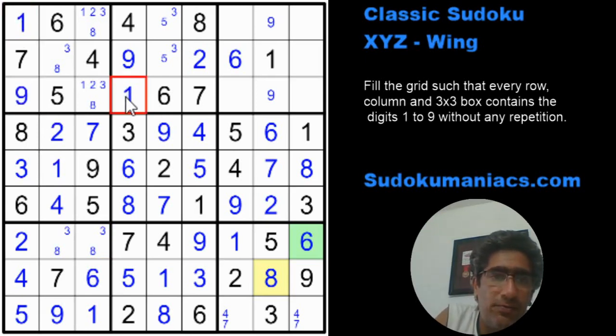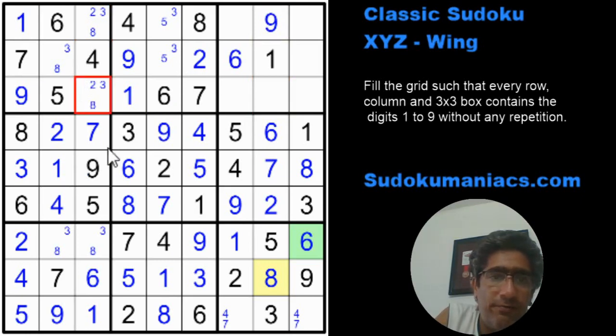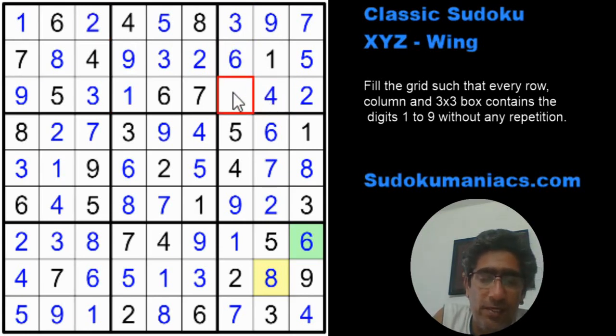This becomes a 1 because of this. So this has to be a 9. I can eliminate it from here. So 1 is out. This is 3, 5. Oh, this 4 is out because of this. This becomes 7. So I require a 2, 5, 7 in this. 7, 5, 2. Which makes this a 3 and a 5. This becomes an 8, 3, 8. And the 2 is also here, so I can eliminate the 2 and an 8 and the 3 from here. So this is a 3, and this is my 5, 4 and a 8.